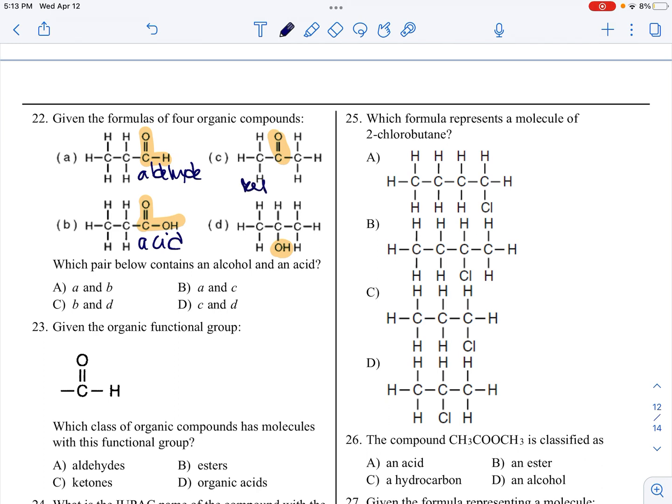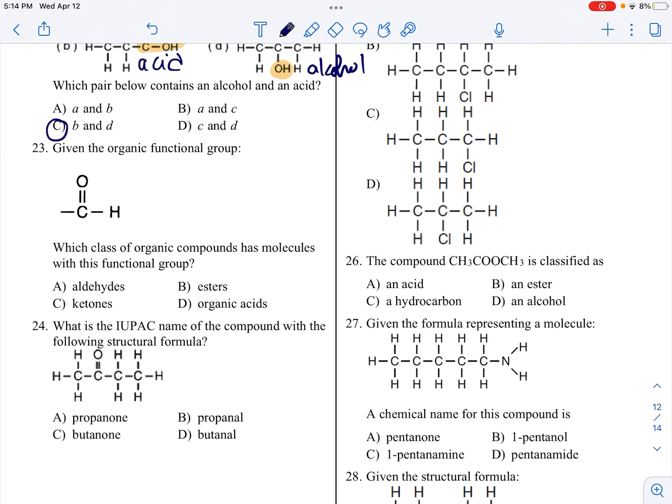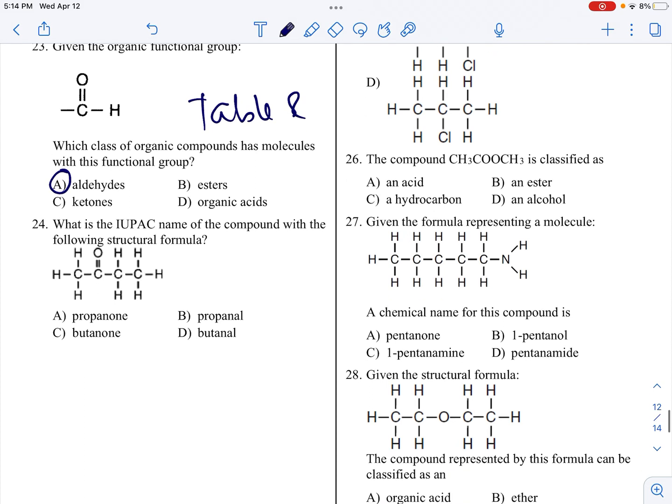So this is a ketone in the center. And this is an alcohol. So acid and alcohol would be D and B. So when you've got a C double bonded O at the end, it would be an aldehyde. Again, table R. What is the name of this? Meth, eth, prop, bute. So butane becomes butanone, ketone,